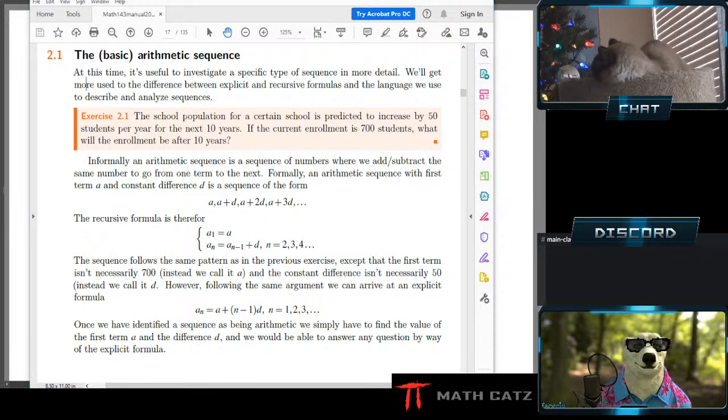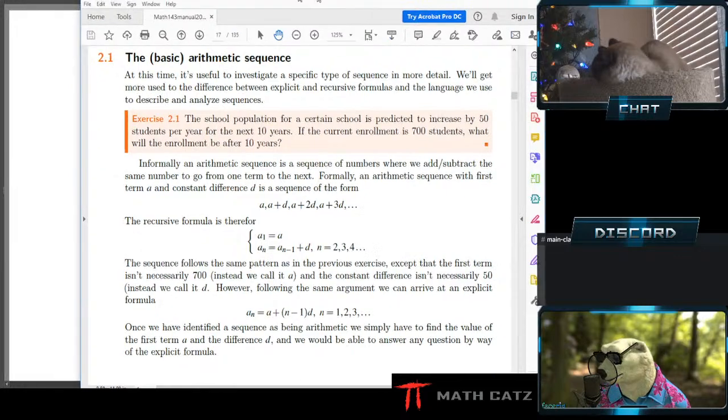Just see if it fits on the screen. Yeah, I can't make it much bigger. The school population for a certain school is predicted to increase by 50 students per year for the next 10 years. If the current enrollment is 700 students, just what is happening? So we have 700 students to start with, and then we increase by 50 every year. Let's see, what is the sequence that we get in exercise